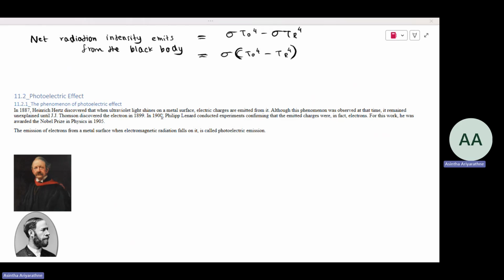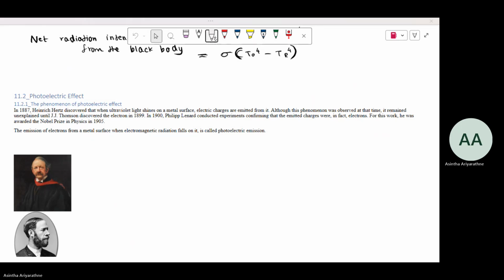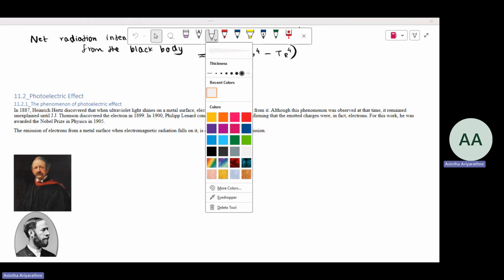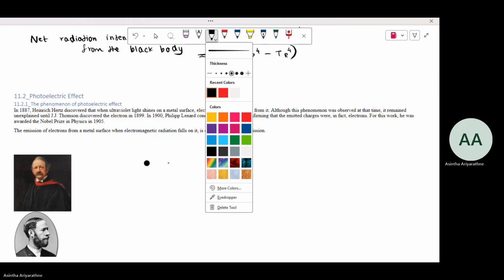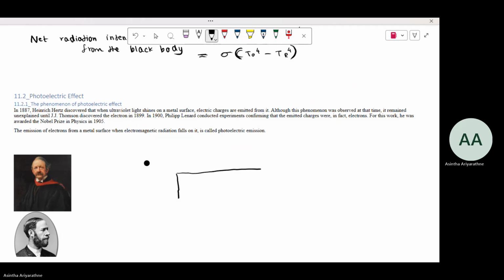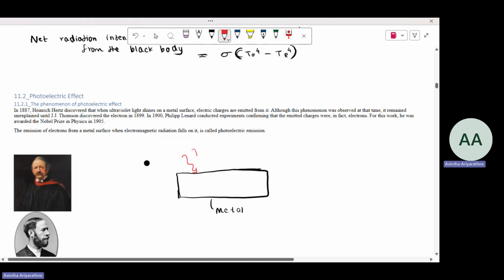He saw that when electromagnetic waves such as ultraviolet light fall on a metal sheet, when light having sufficient frequency, not all lights, for certain light, is directed onto a